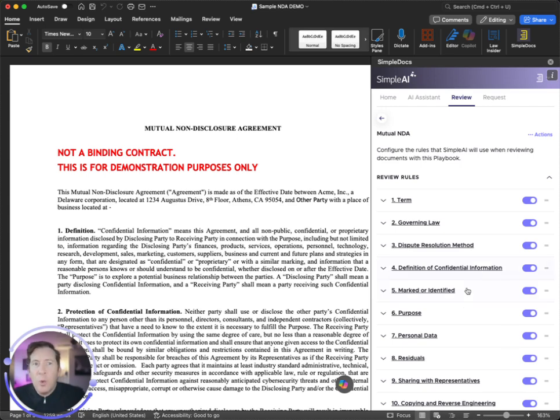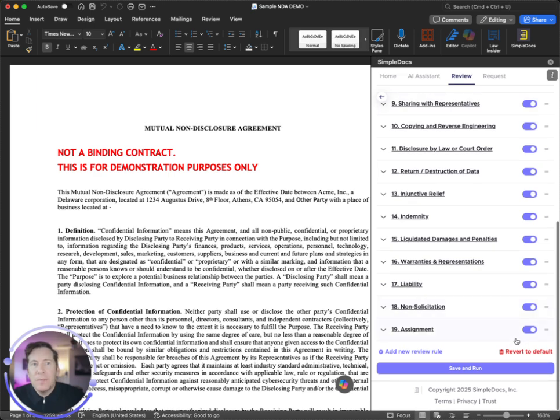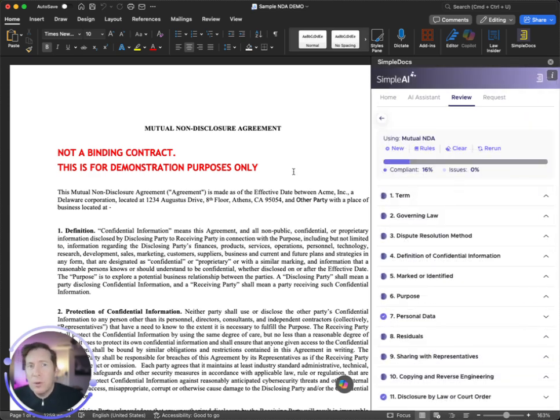You can now go one by one and make similar changes to the other items. You can add entirely new playbook items as well. So if you see this and you're like, gosh, it's missing something else that might be unique to our business, you can of course do that. You can delete playbook items entirely, or as I mentioned, you can just toggle them off so that they don't run. When you have configured this to your liking, you click on save and run,